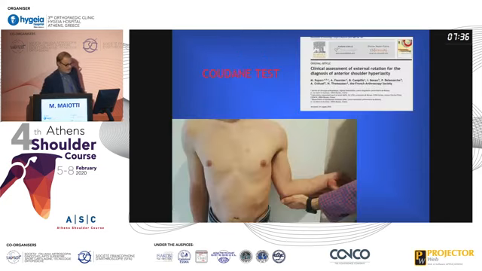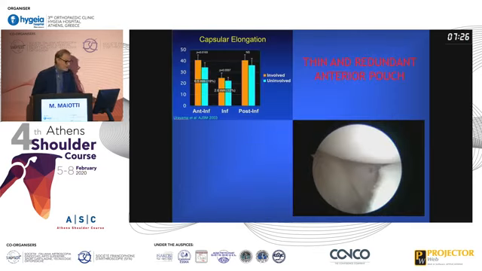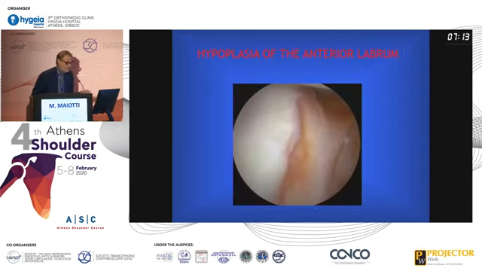Then there is another test that we always use before choosing the operation, the Gagey test, that shows you that you have a problem in the anterior capsular portion. And the anatomic pathological problem, usually you find a thin and redundant anterior pouch. Here, if you do a Bankart repair, you're going to fail. Or you have an hypoplasia of the anterior labrum,